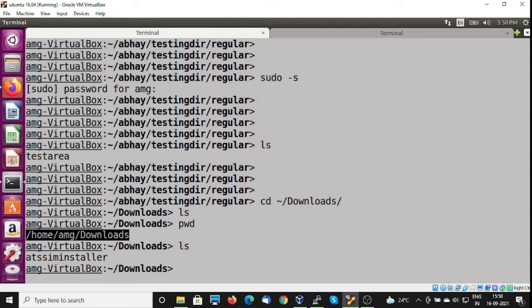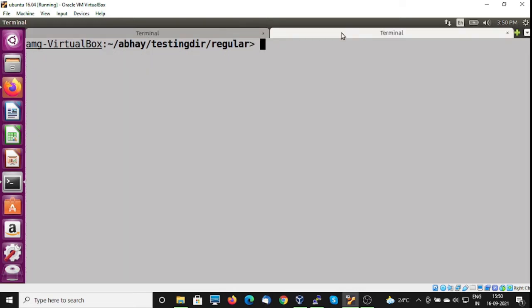Go to your home directory. In the home directory you will find the downloads folder. By default, it is downloaded in the downloads folder. Now I would like to go to my work area. So this is my work area.